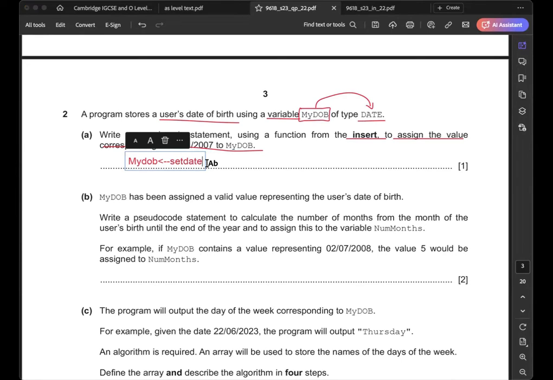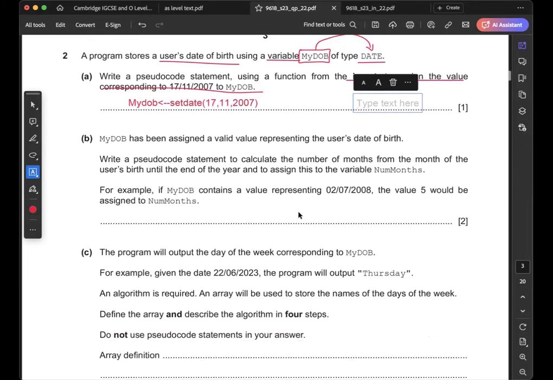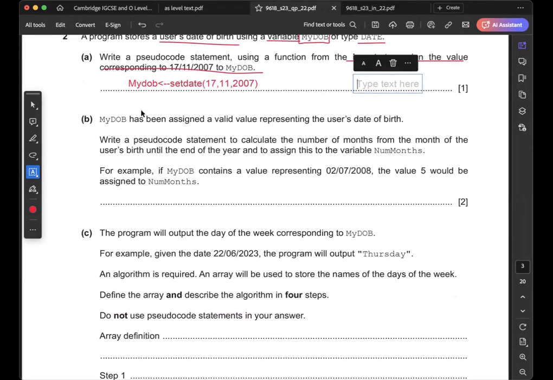So the answer is 17, comma, 11, comma, 2007. So that's how you remember. So you will get 1 mark for this. Okay. Part B. My DOB has been assigned